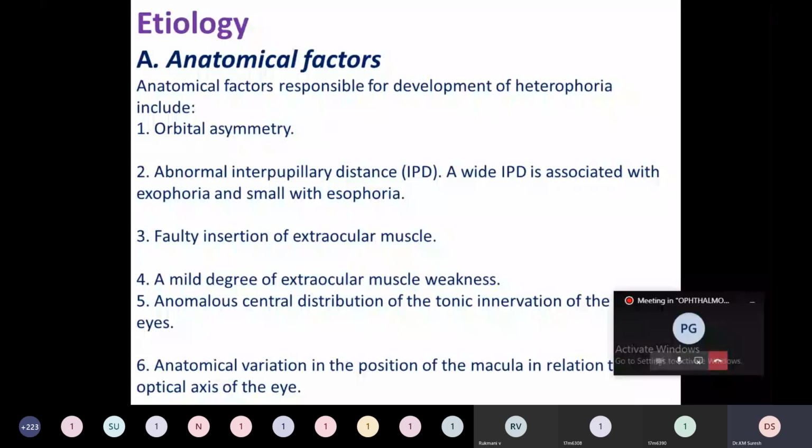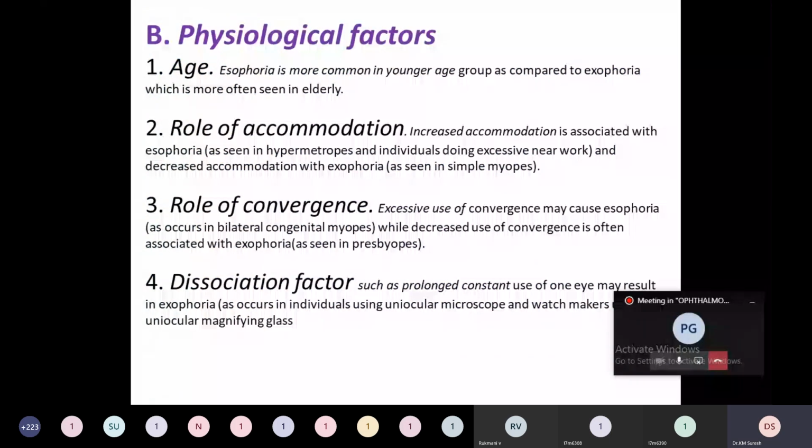heterophoria. Anatomical variation in the positions of the macula in relation to the optical axis of the eye. It has to coincide with the visual axis or the optical axis of the eye. If the macular position is not coinciding, in such cases also they can have heterophoria. What are the physiological factors? Age. Esophoria is more common in younger age groups as compared to the exophoria, which is more often seen in